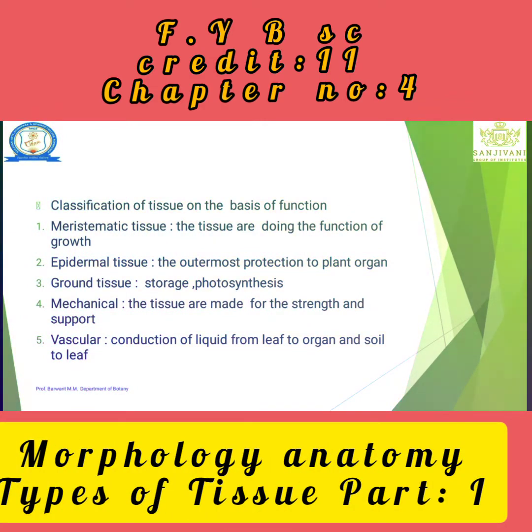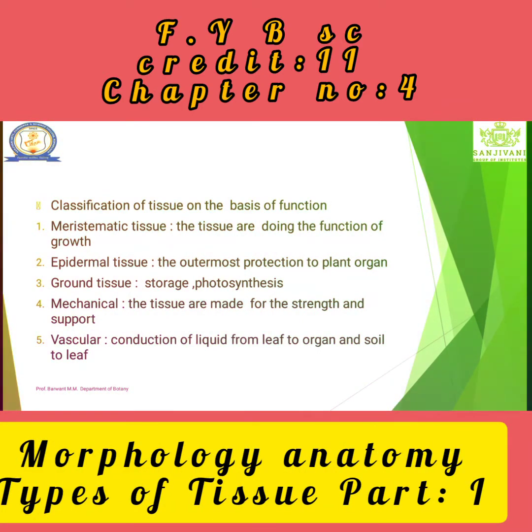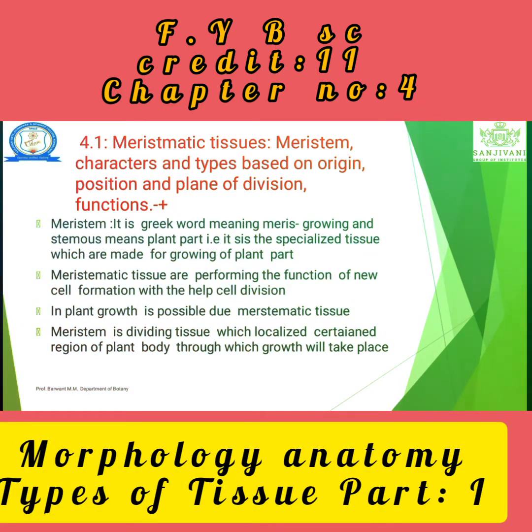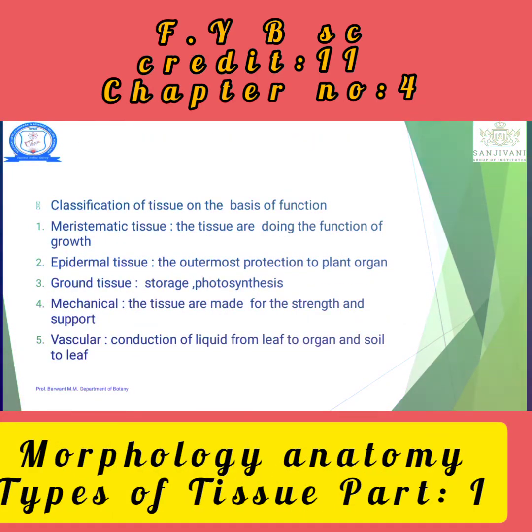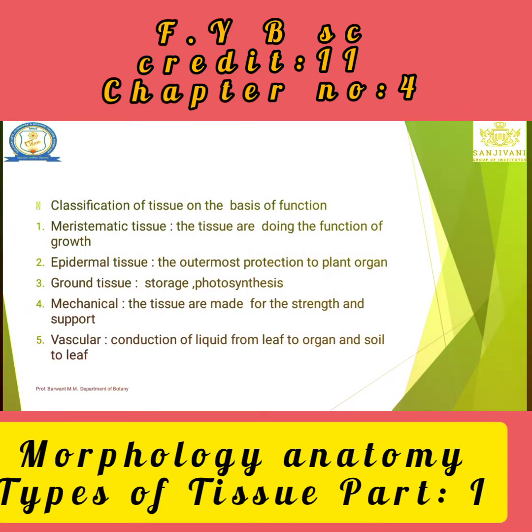Which are such types of tissue? Sclerenchyma and collenchyma are included here. Then vascular tissue, that means they perform the function of transportation of food as well as water and minerals. Is that clear? That is the first part of this chapter, the introduction, definition, description and outline of the tissue system.